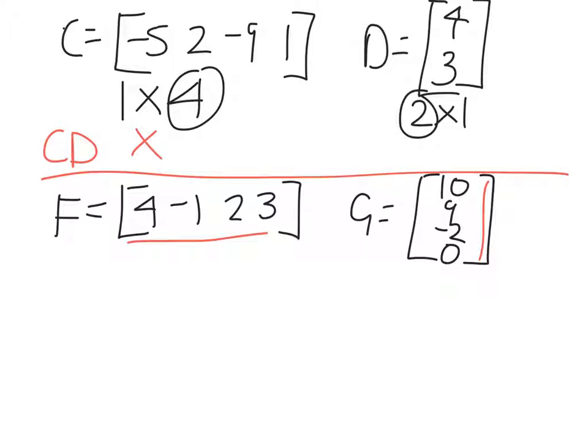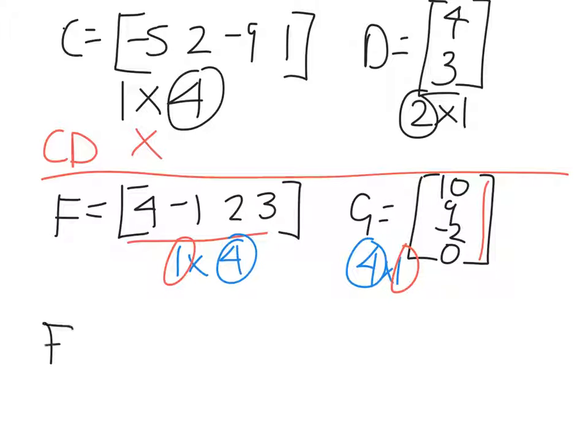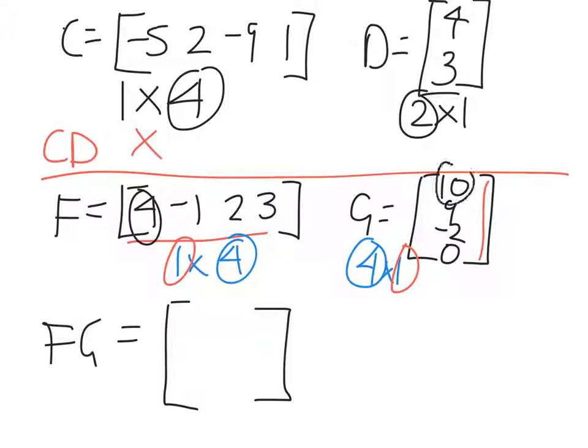In other words, F is a 1 by 4 and G is a 4 by 1 matrix. These two numbers are equal, so I can multiply F by G, and the resulting matrix will be 1 by 1. So FG, across by down, will be a matrix with 1 element, so it'll be 4 times 10,